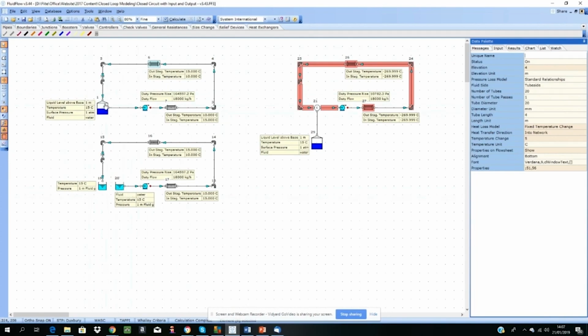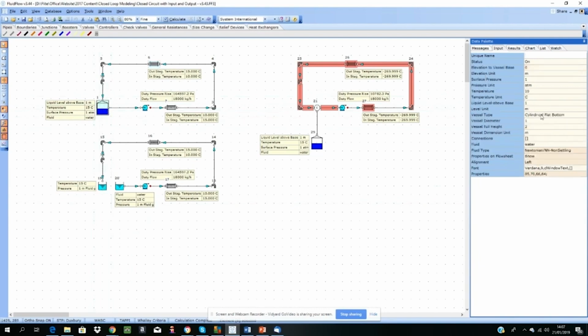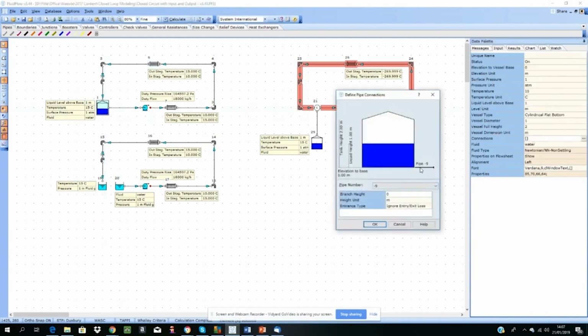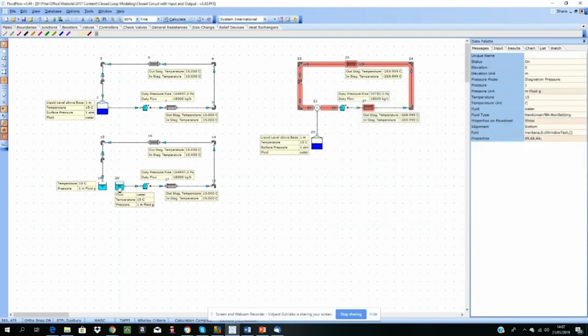Another approach is to actually split the model in the location of the reservoir and use two non-pressure boundary elements. If we just look at this reservoir, you can see that there's a liquid level associated with that. We've got 1 meter of liquid. If I look at the connections, you can see the pipe connection to the tank is at the bottom. So you've got a meter fluid head taken into account where we have the reservoir. If we look at the known pressure, we have set it to 1 meter fluid gauge. It's taken into account that we have a meter of fluid, a temperature of 15 degrees Celsius, and we've got